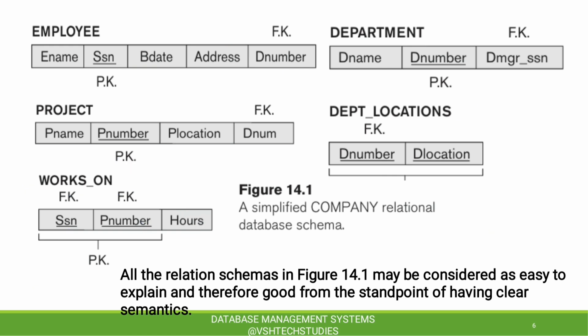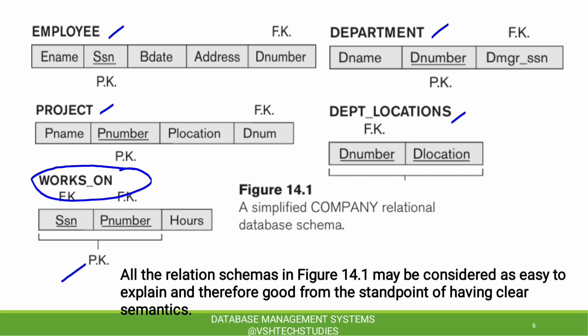In this set of all relation schemas, the employee, department, project, and department locations relations belong to entity types, and only this works on relation belongs to a relationship type. For that you can refer to my previous video on chapter 3,